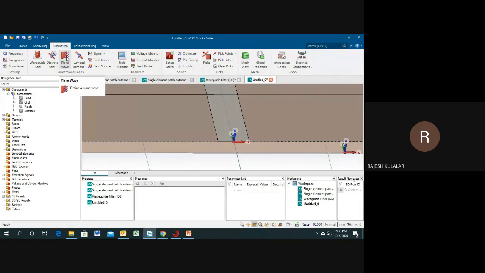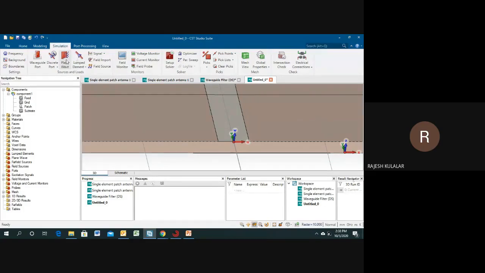Otherwise, if you want to simulate conducted susceptibility or radiated susceptibility, there you need plane wave. Floquet port is also a part of plane wave, for the same unit cell, so we need to define plane wave there. But we don't use it directly for antenna, waveguide, circulator applications. We have no need to use the plane wave.